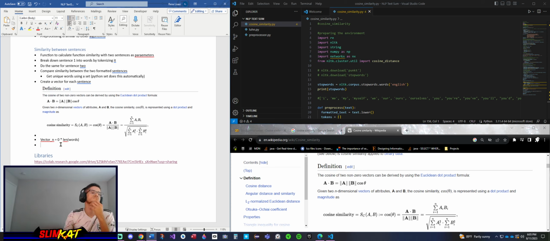The word agents is not present in this sentence, so the value will be 0. The word intelligent is not present, the value will be 0. Word artificial appears only once, so the value will be 1. And finally, the word like appears only once, so the value for this word will be also 1. This is a very common technique used in natural language processing to convert from text to numbers, and this format is called bag of words, when you count how many times each one of the words